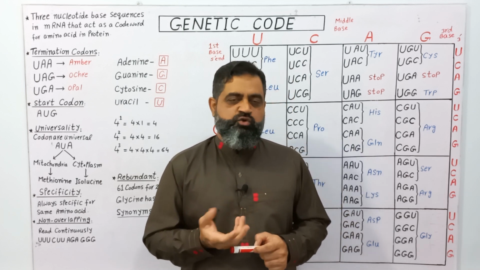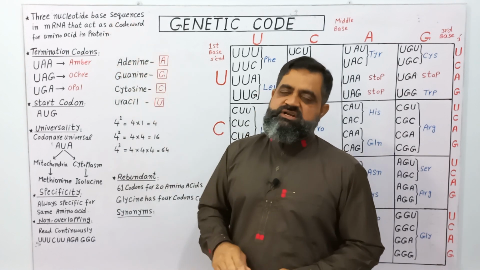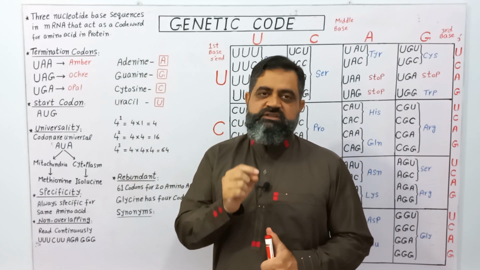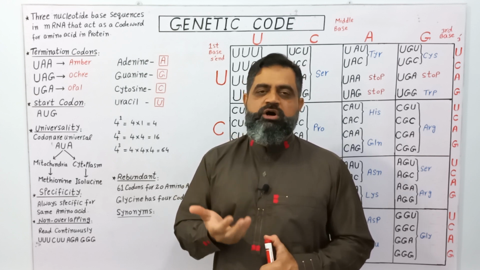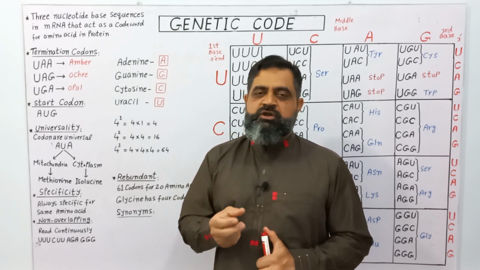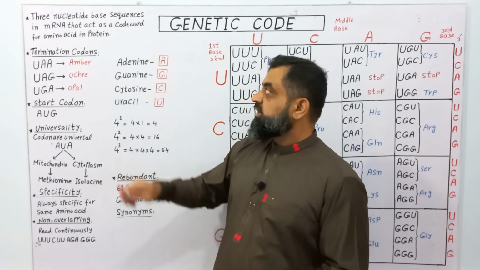So what is a genetic code? Genetic code is a 3 nucleotide base sequence. It's like a triplet code. There are different bases present on DNA like adenine, guanine, cytosine and thymine. So we are going to take a 3 nucleotide base sequence